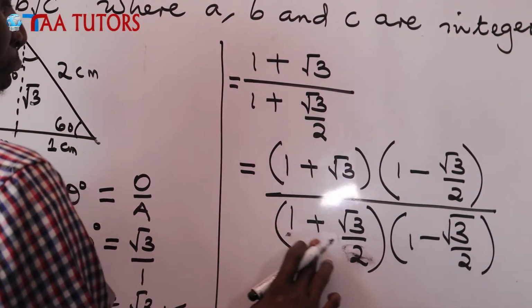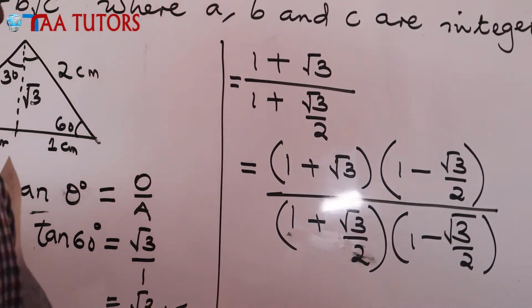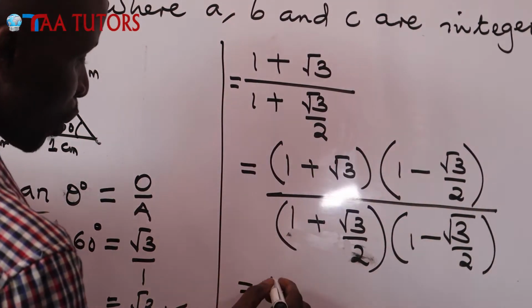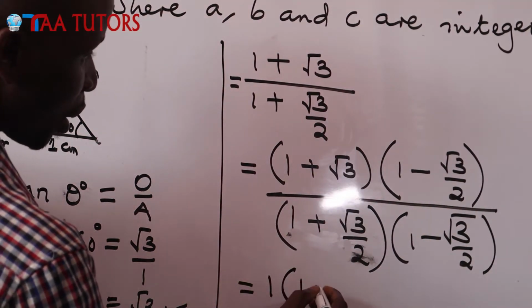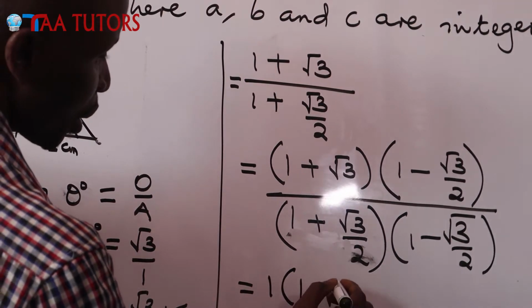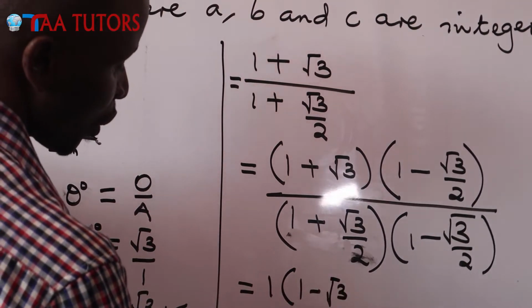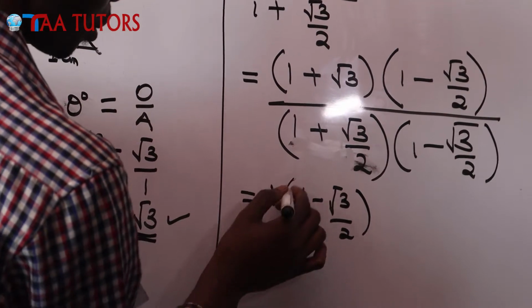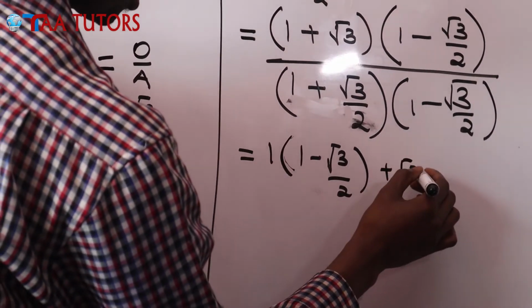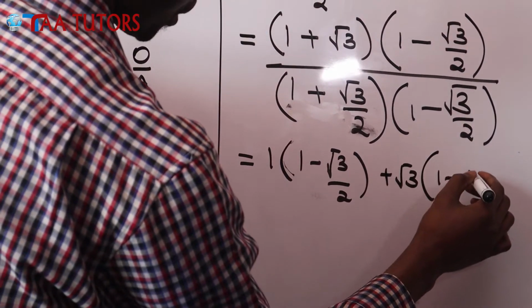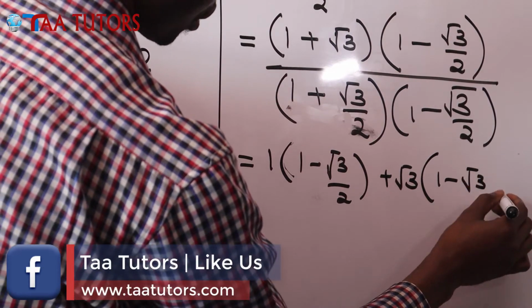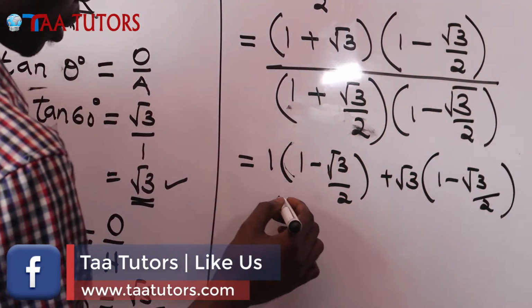So if you want to open this bracket, let's open the bracket of the numerator, which is going to be 1 into 1 minus √3 over 2 plus √3 into 1 minus √3 over 2 divided by,